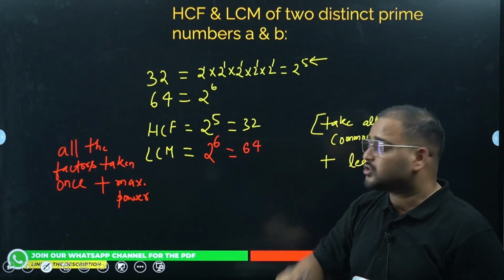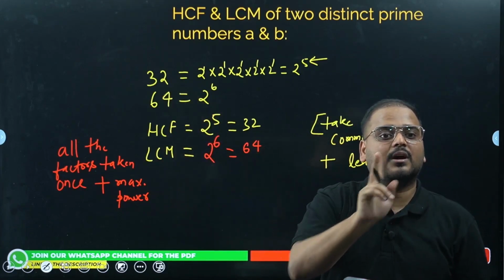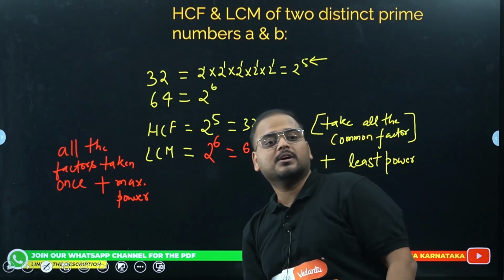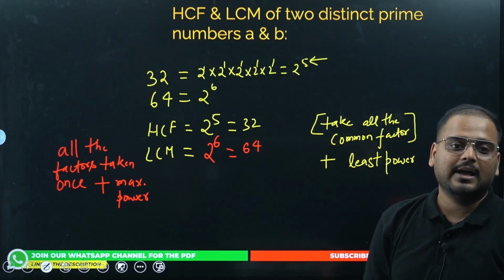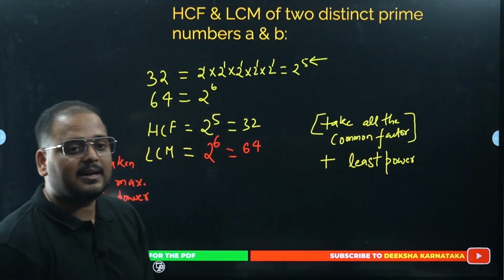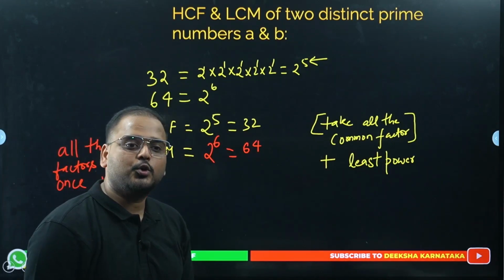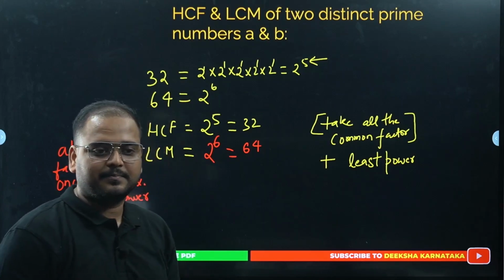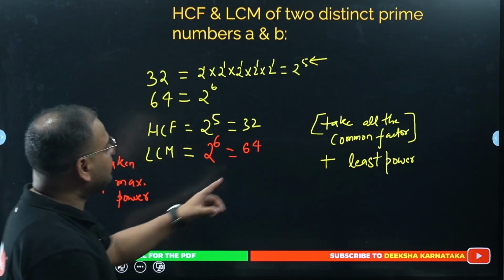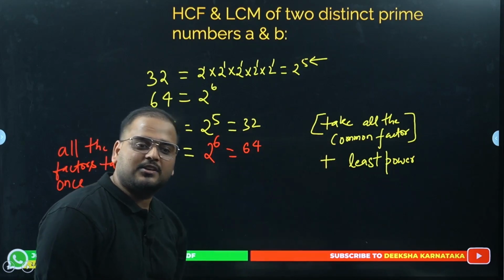If you use the definition approach, in the table of 32, 64 will come twice. In the table of 64, 64 will come at once. Okay, so 64 times 1 is 64, 32 times 2 is 64. So 64 is your LCM. Okay, understood? Please take a screenshot of this and then I'll continue with our current slide, which is HCF and LCM of two distinct prime numbers A and B. So I will erase this part and I'll continue on this side. Please make sure you have taken the screenshot.